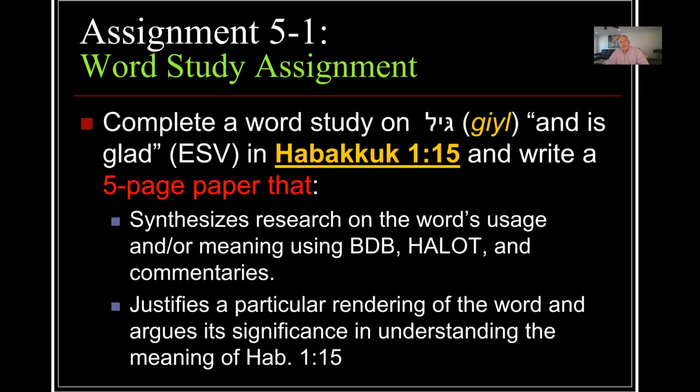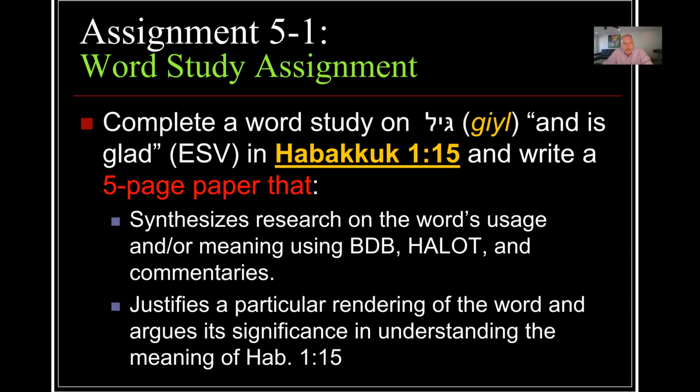Okay, so with that, a couple of folks used Logos, which is a great way to do this because that ensures you pick up every single use of the word. Some used Brown, Driver, Briggs as their primary, and that's fine as well. I was looking for an in-depth study that looks at the full range of meaning of this word throughout the